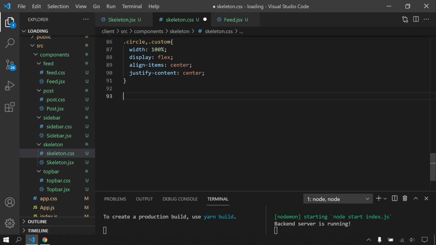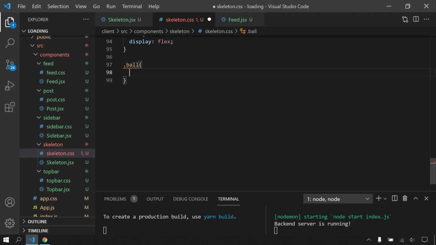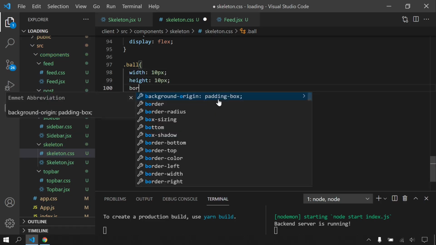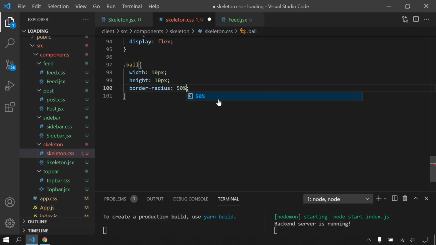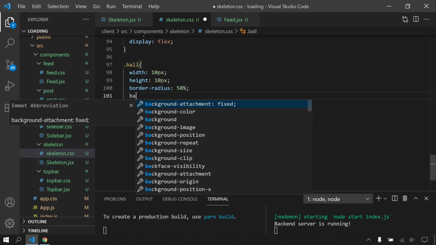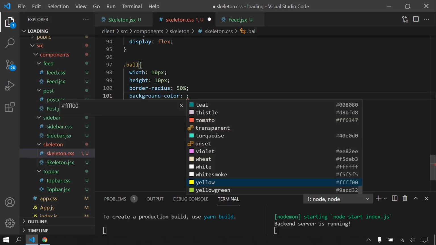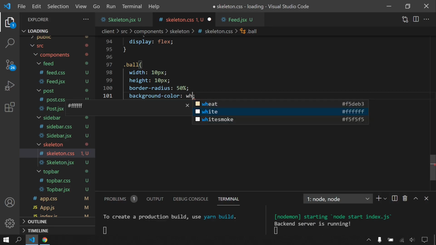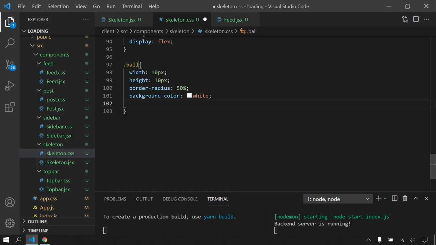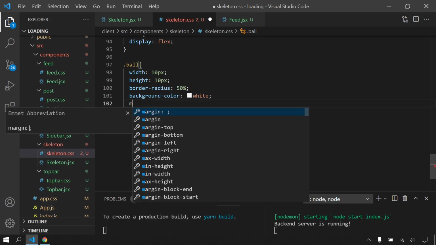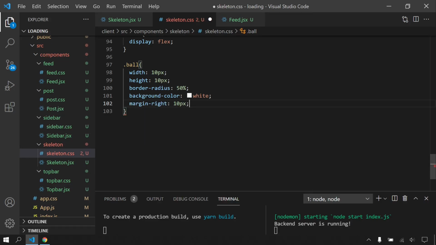And after that, I will say balls container is going to be display flex, because I want to see them in the same row. And for each ball, I will say width 10, height 10, border radius, they're going to be circles again. And background color, it's not going to be 31, it's going to be white. And for each ball, I'm going to give margin 10 pixels.